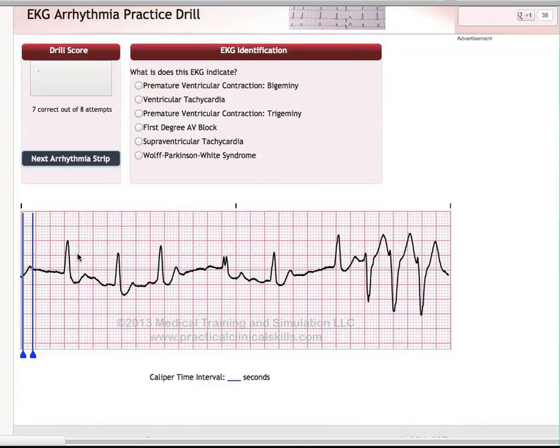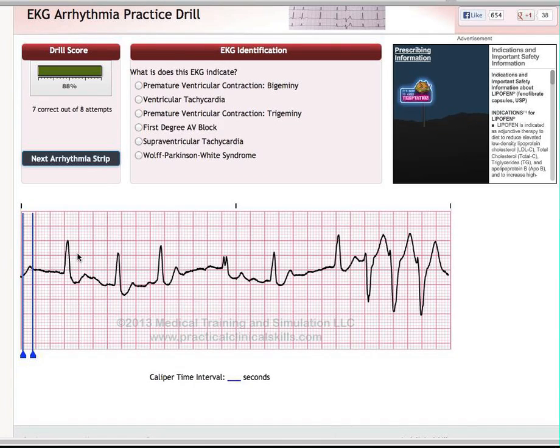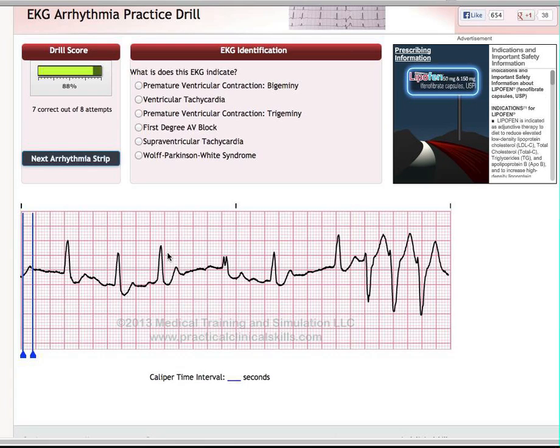Here we have, this patient is also sick. Let's take a look at what we think is going on. So what's our rhythm or our rate? Well, rate's irregular. Rhythm, I have no idea what's going on here. We have a couple QRS complexes that seem to be regular as far as their rate,